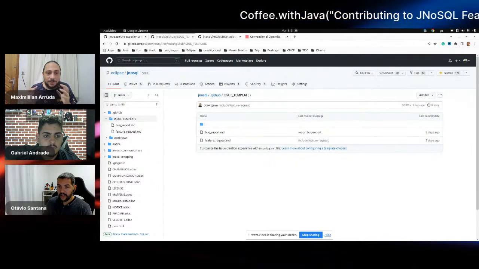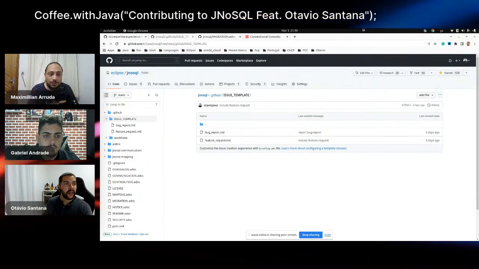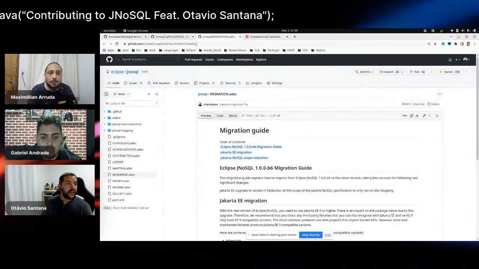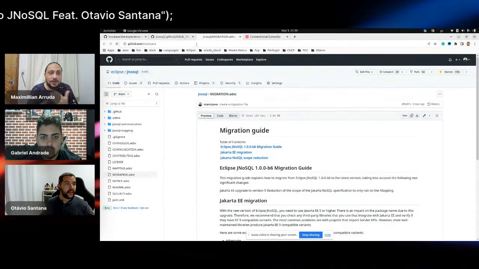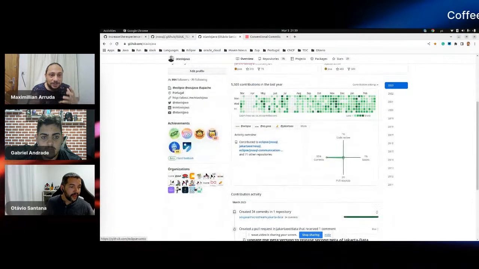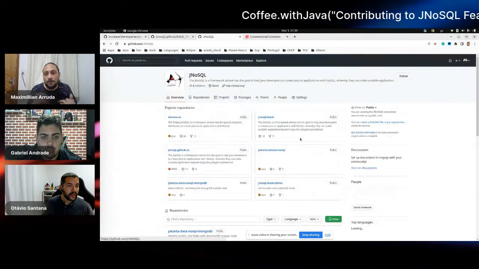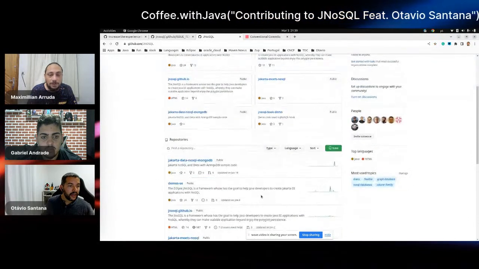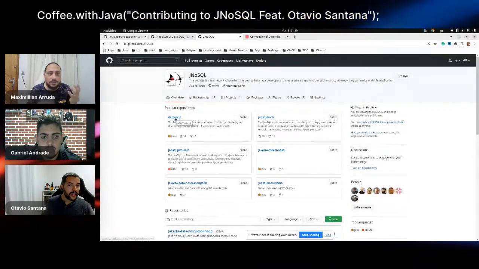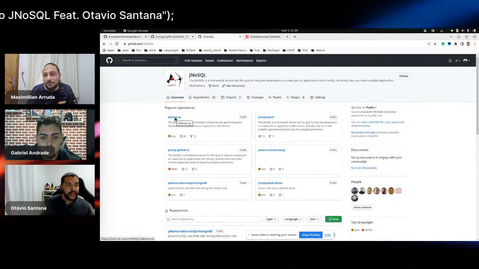We will create a special project where everyone can get started to contribute, create simple code, and explore the project. It will be amazing. Everyone could go there, open a PR, and send the code. We will review that and merge it in the repository.